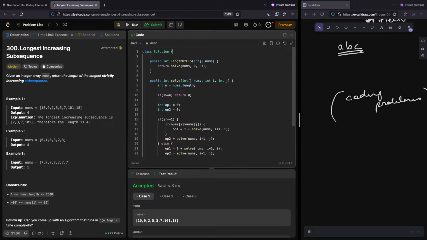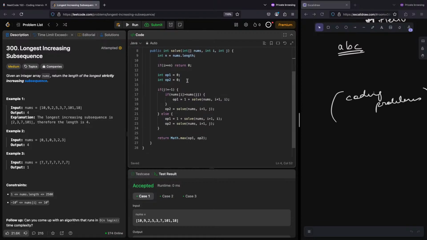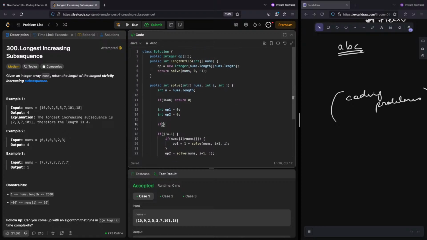So now I do public Integer dp, and dp is equal to new Integer of nums.length, and if dp of i, j is not equal to null,